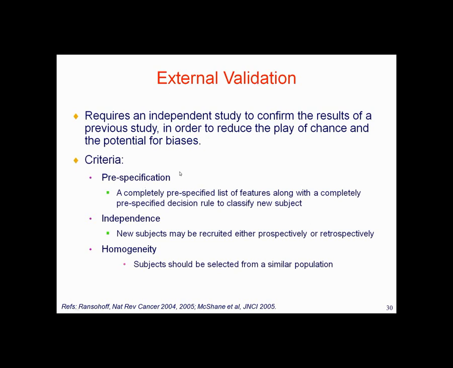You should pre-specify the experiment. So you should completely pre-specify a list of features along with a completely pre-specified decision rule to classify new subjects. There should be independence, so new subjects should be recruited either prospectively or retrospectively, and there is homogeneity: they should come from the same or a similar population on which the classifier was developed, right? So you should really not fiddle with the classifier. You should take an independent data set from the population you used in your previous exercise